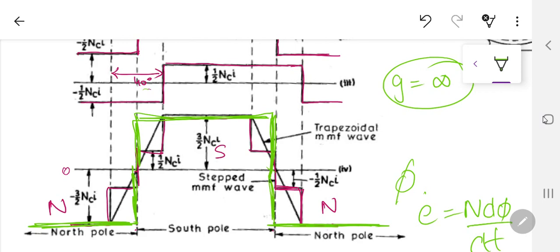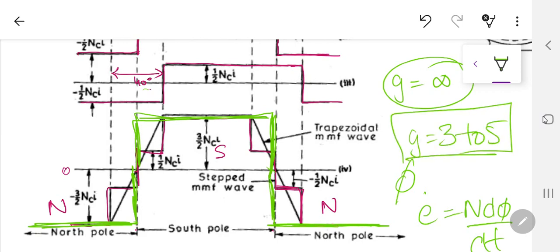That's why the range that was given previously in the number of stator slots selection, I told you at that time that you can have a G from 3 to 5. Now this G equal to 3 to 5 was very, very important, because if you go more than 5, this means that you now have more number of slots. You are going to have more mechanical difficulty.